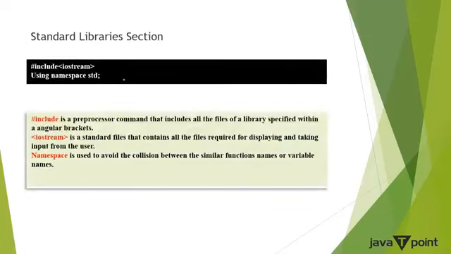In standard library section, it consists of two statements. The first one is #include <iostream> and the second one is using namespace std. Here, #include is a preprocessor command that includes all the files of a header file in your program, and here iostream is a header file which must be specified within these angular brackets. So iostream is a header file that contains the two most commonly used objects, that is cin and cout,